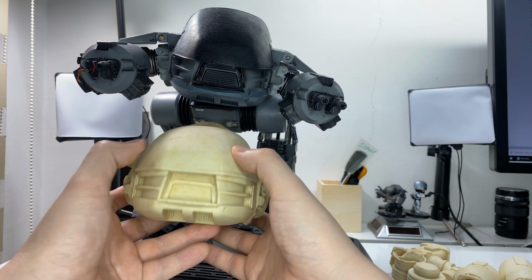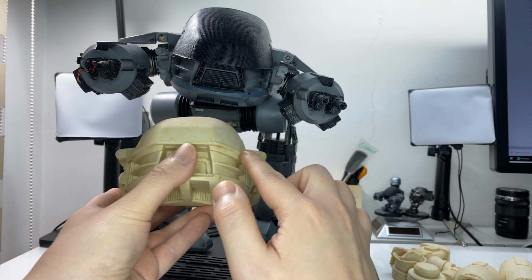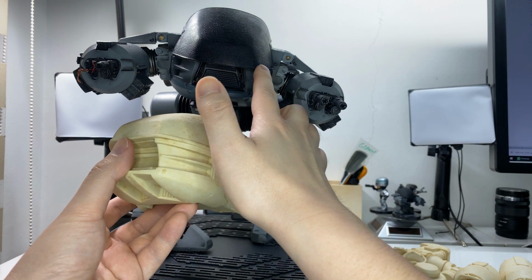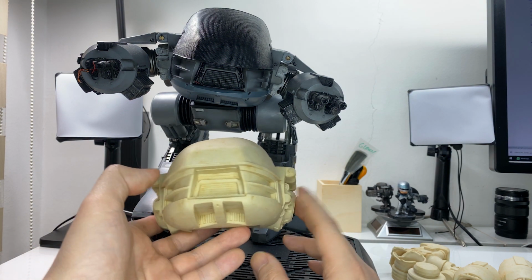The dome looks a bit smaller as well. I do notice that the edges here are slightly thicker compared to the one on the Chronicle Collectibles one. But I think if you spray in black, it won't be very noticeable. Anyway,